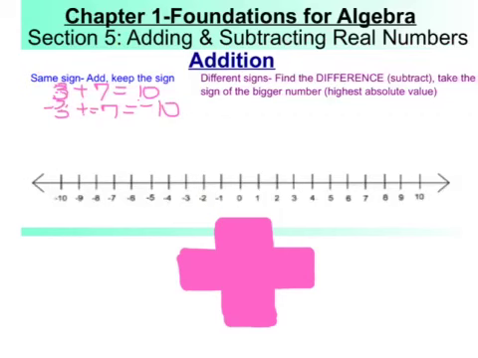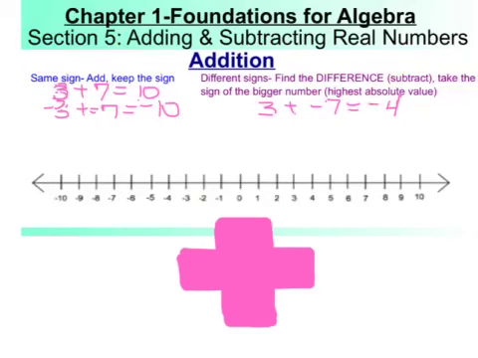Now under a different part of the plus sign, you're going to write different signs, find the difference, subtract, take the sign of the bigger number, or the highest absolute value. So here, let's say we have different signs. 3 plus negative 7. So one of my numbers is positive and one of my numbers is negative. The difference between those two numbers, so the difference between 3 and 7 is 4, and we're going to take the sign of the number with the highest absolute value, which would be negative 7,